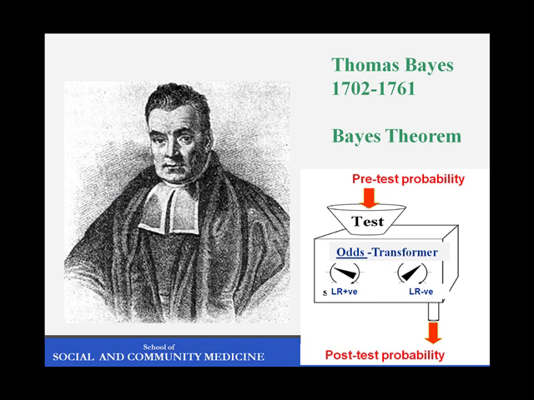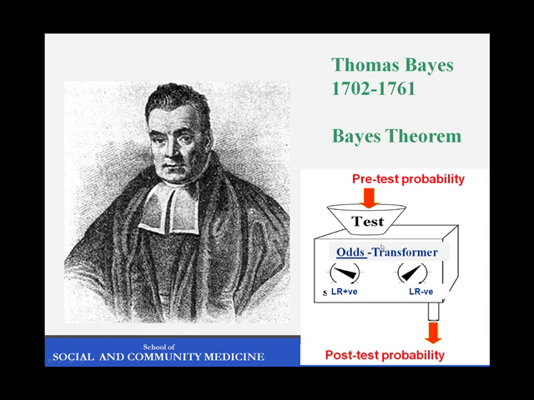How do we use these numbers to calculate the post-test probability? Well, we have to thank the Reverend Thomas Bayes, who was an 18th century minister, who came up with some very nice algebra mathematics, which is often referred to as Bayes' theorem. And we're not going to bore you with the actual numbers or the algebra, but in very simple terms, what Bayes showed was that if you start off with a pre-test probability, something between 0 to 100, 0 being they definitely haven't got the disease, 100 being they definitely have the disease,